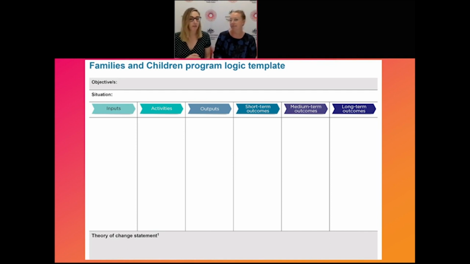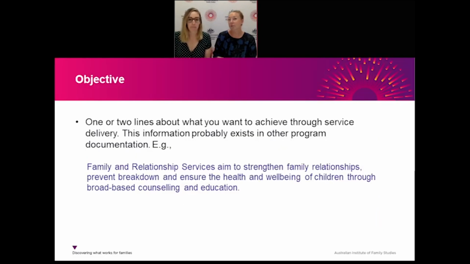Yeah, and I think you can add those things in if you really want. We made a decision when we were developing this template, or helping to develop it, to leave those elements out because with the addition of the theory of change statement, it was already a little bit crowded. So we've excluded them for the time being. And the other thing to note is that you will need to provide references for any statements that you make in the needs statement or the theory of change boxes, but we will say more on that later.